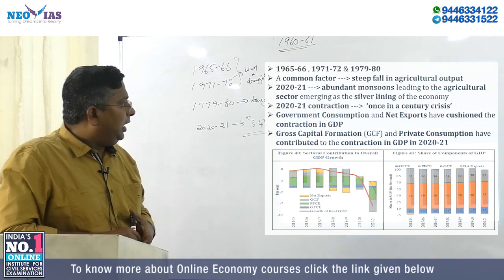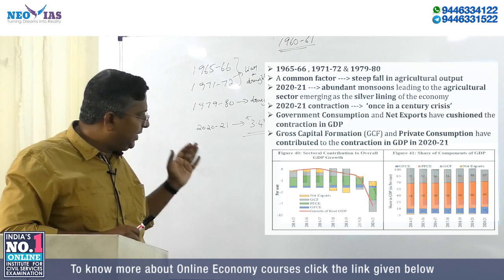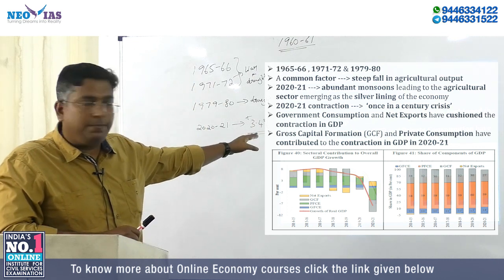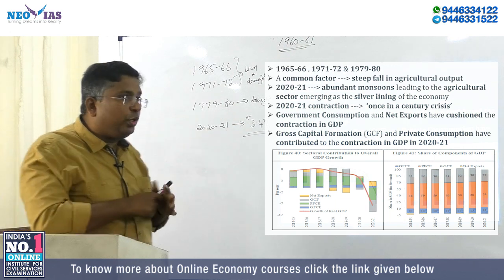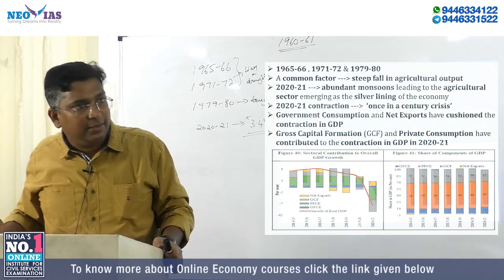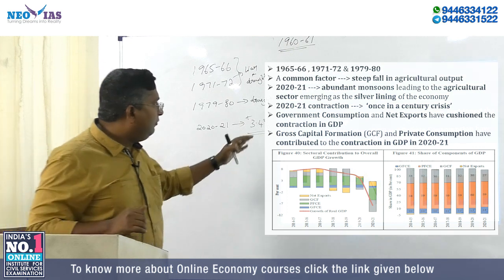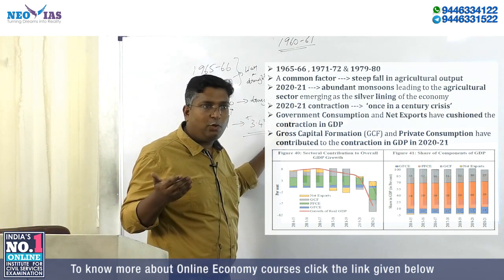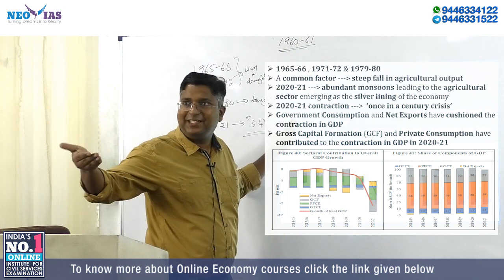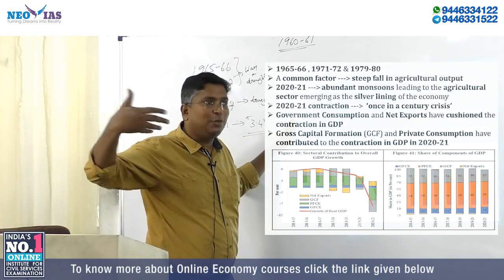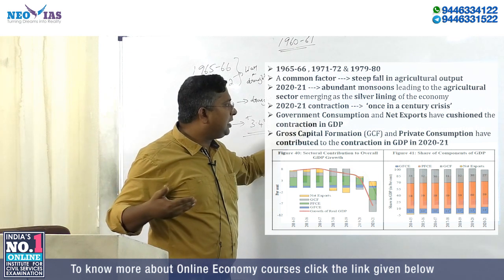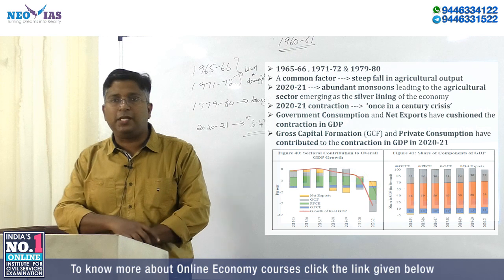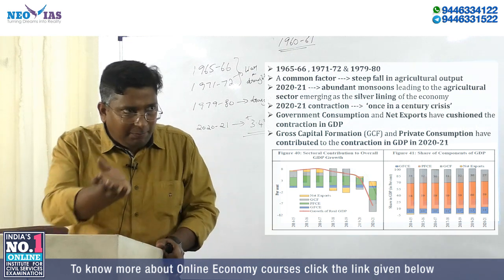Okay. And the Economic Survey says that, now what all things I have discussed earlier will become important. You have to look at 2 angles, the demand side angle and the supply side. Okay. So this is the demand side angle. The Economic Survey says that the government consumption, what is government consumption? Government expenditure. I told you, from the consumer angle only they will use it. So the government consumption and net export have cushioned the contraction in GDP. What does it mean? It means it helped.